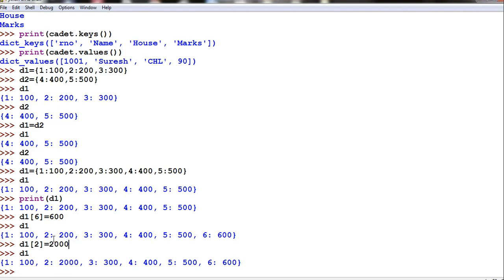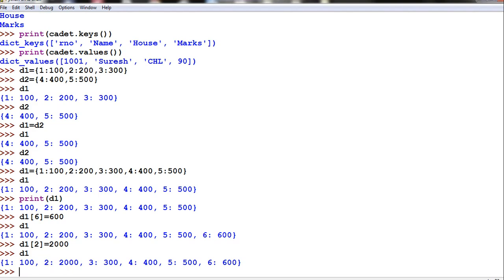Means if a key is already present there, its value can be modified. If the key is not present, then that entire pair will be added. Since key 6 was not available, it is added. Since 2 was available, it is amended.